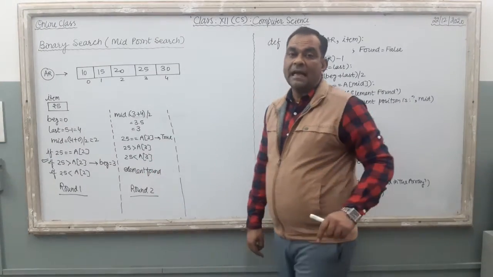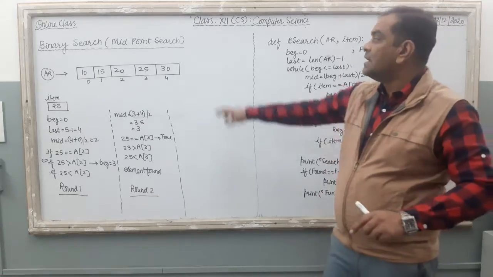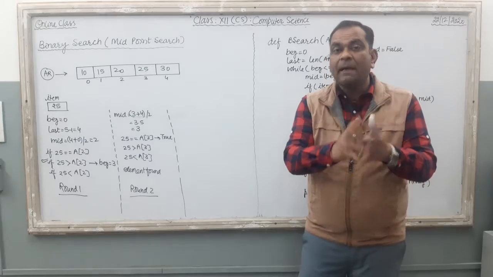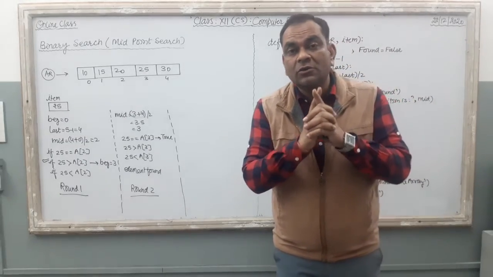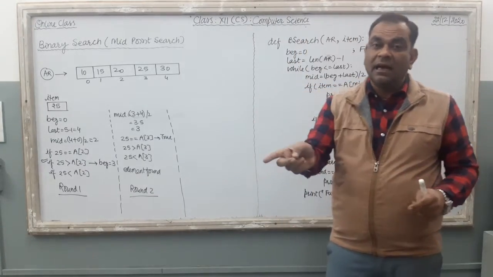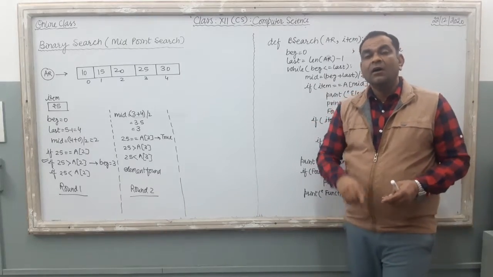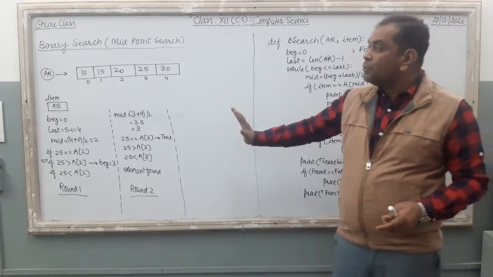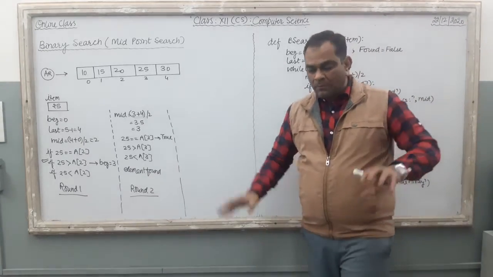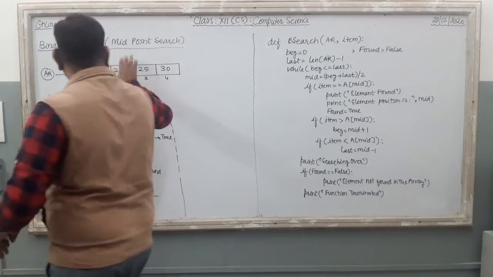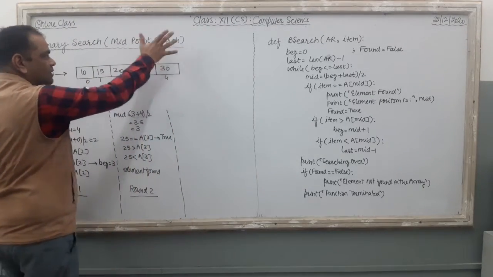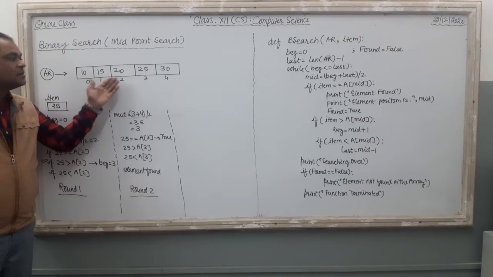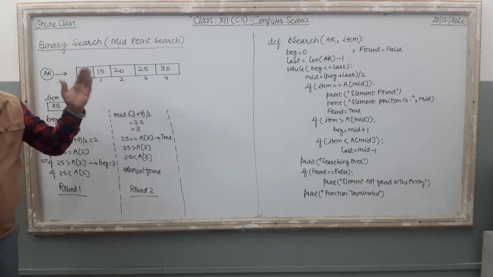The binary search technique is also known as the midpoint search technique, and it can be applied on a sorted array only. Either the array is sorted in ascending order or in descending order. In both these types of array, you can apply the binary search technique. So, just see what is there in the name. Midpoint search means the array is going to be searched at the middle point, right?